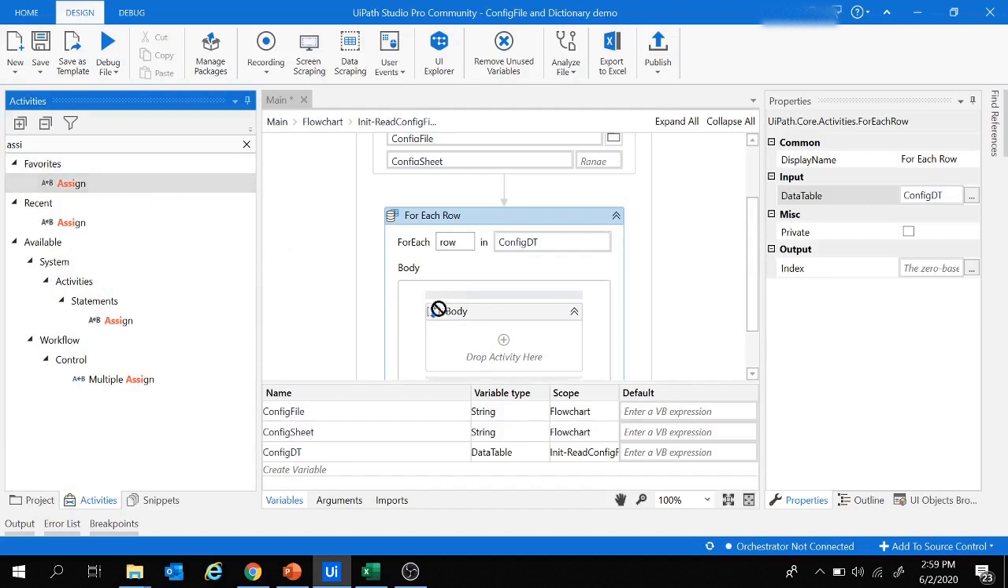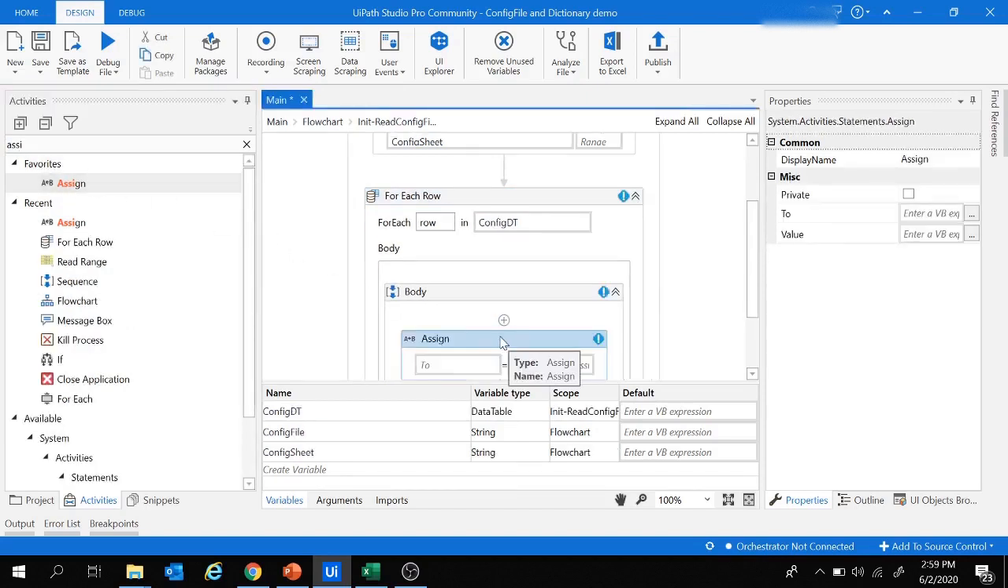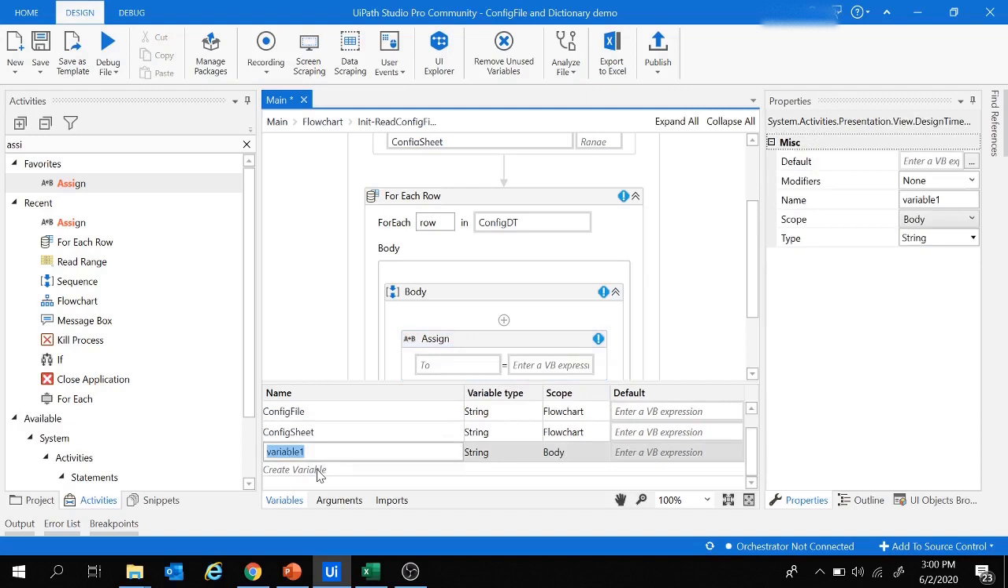I'm going to add an assign activity to add key value pairs inside a dictionary variable. So first let's create a dictionary variable over here. Let's give the name of the dictionary variable as outconfig, and we need to provide the variable type over here as well. If you select this drop down, we will move to browse for types,